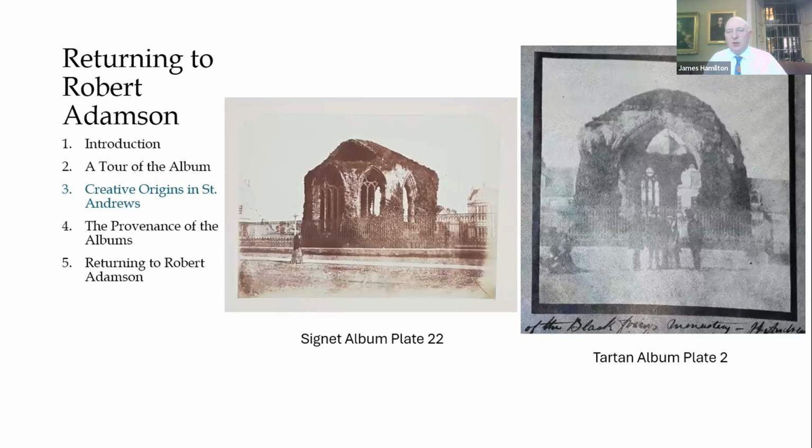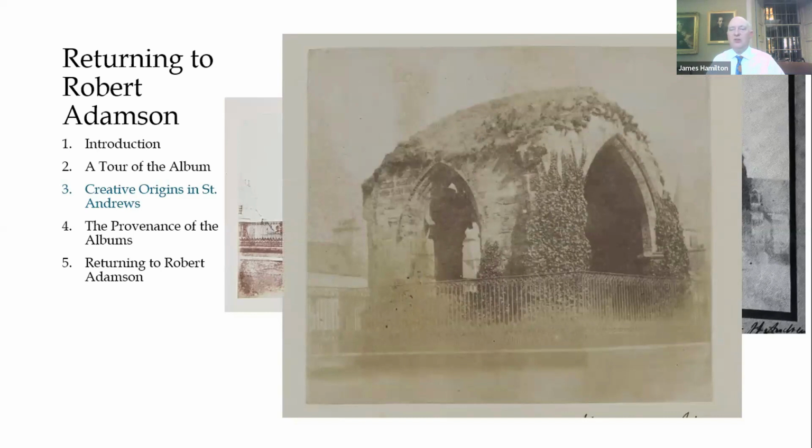Signet album plate 22 shows the woman by the lamppost in the Blackfriars Chapel. The Blackfriars Chapel also appears, but from the other side in the Tartan album. And you can see this is a much more populated image. They adored the Blackfriars Chapel. This is where they really went to play. And there are so many different versions of this that predate